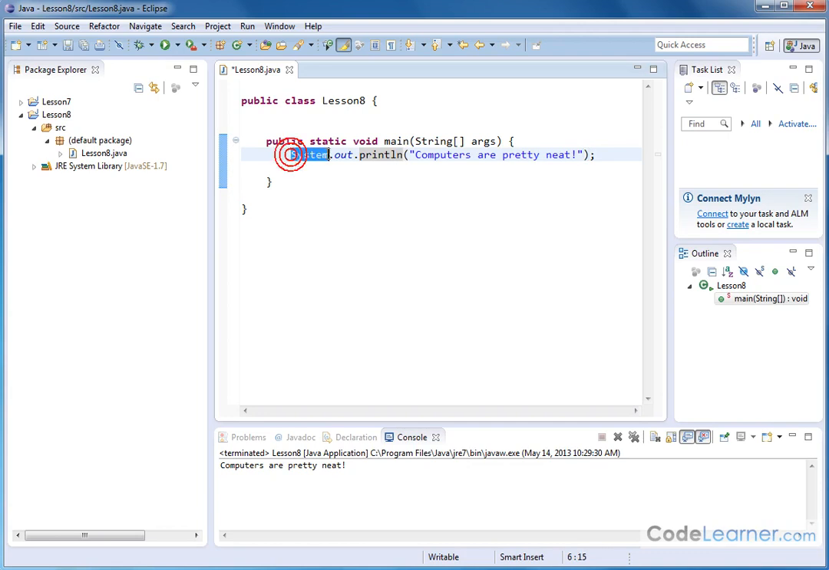So the system refers to your system, your computer system. The .out basically refers to outputting text to the console. So when you see something like this down here at the bottom, it says console. That means text outputted in a very basic way to the screen. You notice all our programs so far have just output simple text to the console down here, and also